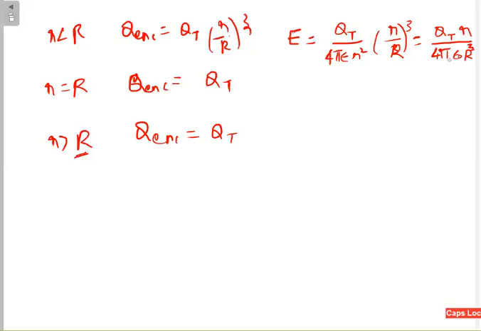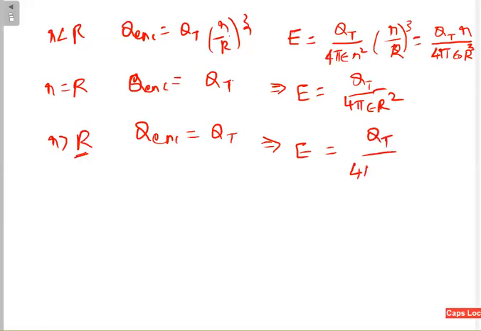In the next one, when r is equal to R, what will happen? This is very simple. Instead of small r here, you can put capital R, and again this factor cancels. Your final answer is QT divided by 4 pi epsilon R square. Very simple. But when r increases to much greater than R, QT cannot change because QT is fixed, even if you go beyond your solid. Here, instead of capital R, you have to put small r, because you can go anywhere greater than R.